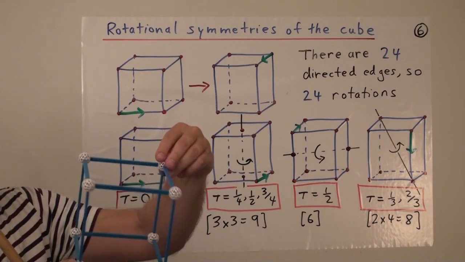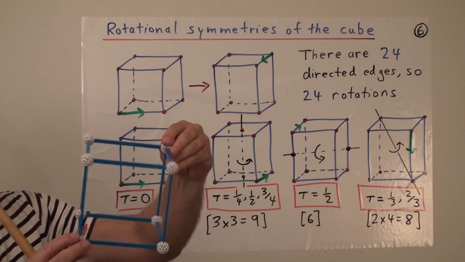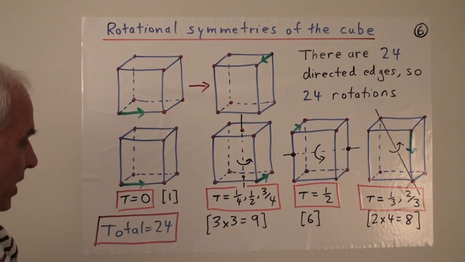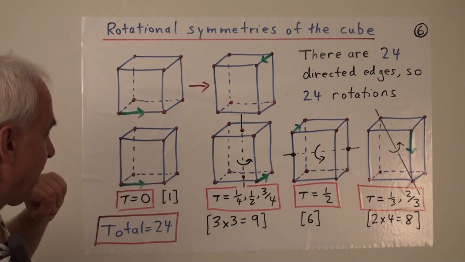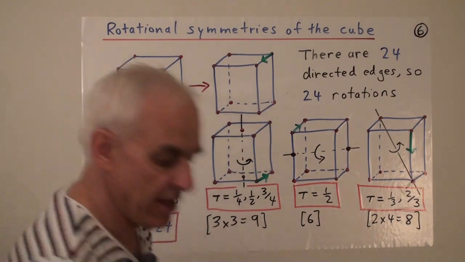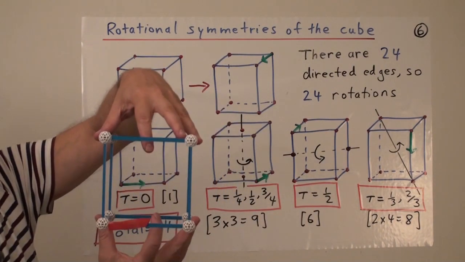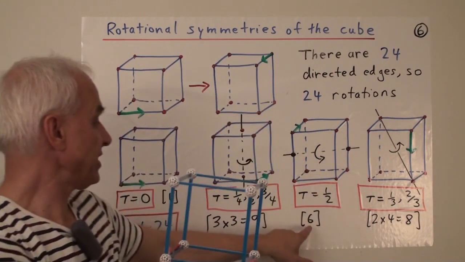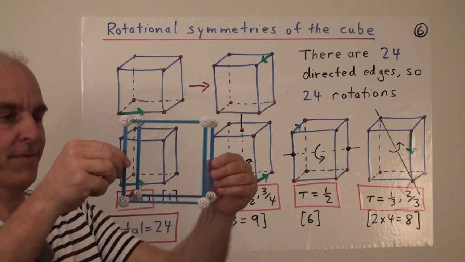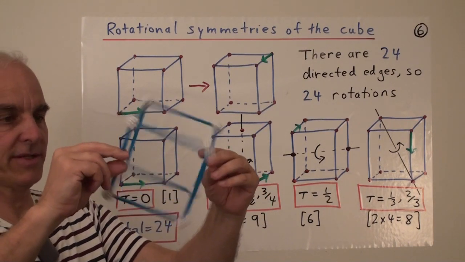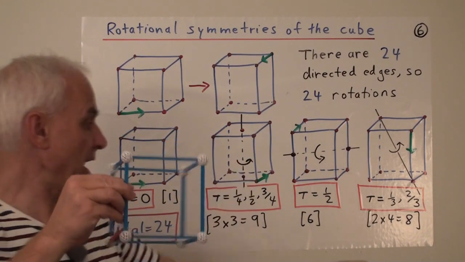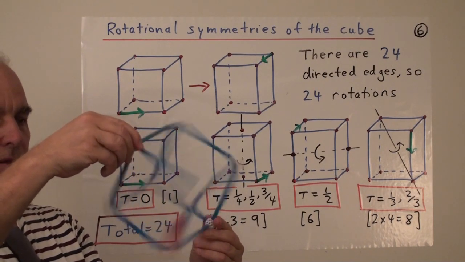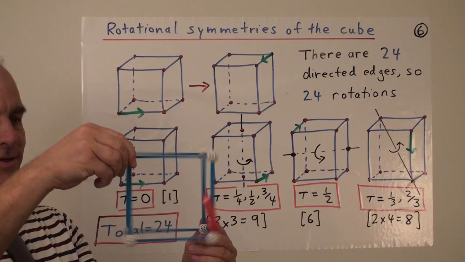We can get that just by spinning the cube like this, another way of getting it. Right? Third of a turn, third of a turn, third of a turn, and we're back to where we started. Okay, so altogether we have one identity, we have 9 rotations about centers of faces, it's like this, spinning it like this. We have 6 rotations which are spinning basically through midpoints of edges, it's like this. And we have 8 rotations which are obtained by taking opposite vertices and spinning by 1/3 or 2/3.